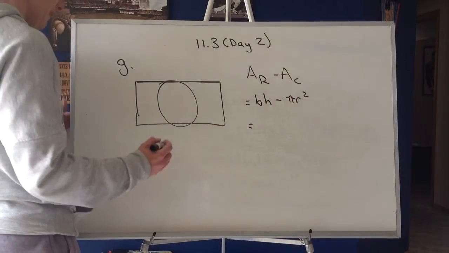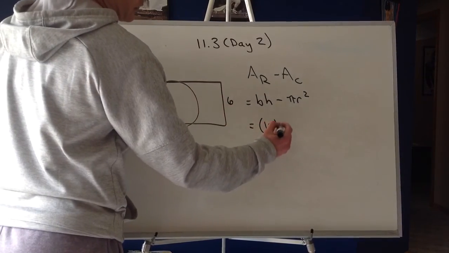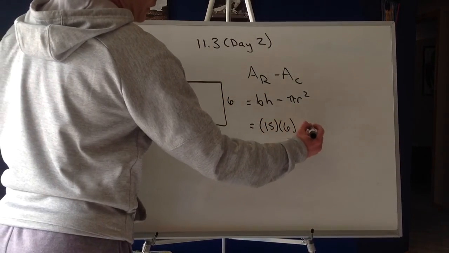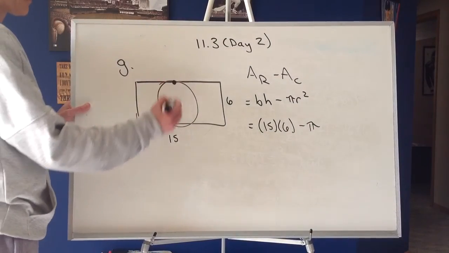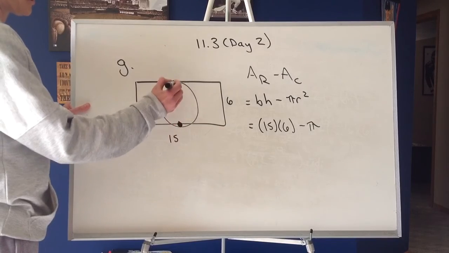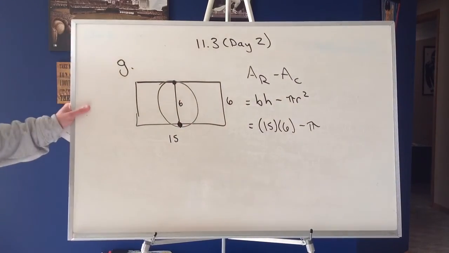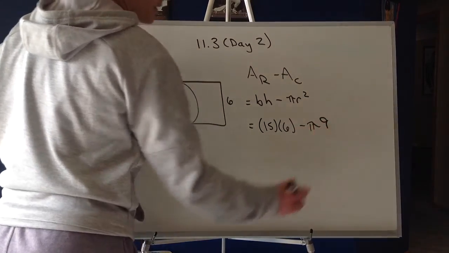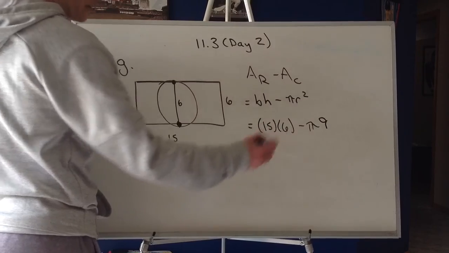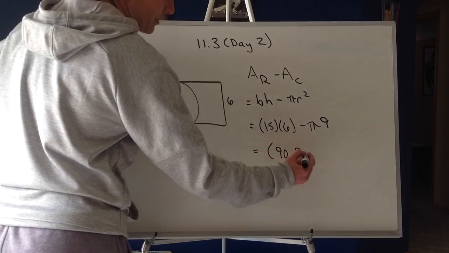So the base and height on this one that they give you are 15 and 6. You need to find the radius of the circle. You'll notice the circle fits perfectly if we go this direction. Okay, which means if that's 6, my diameter has to be 6. Okay, which would make my radius 3. 3 squared would give us 9. Do not combine those 2 together, so you'll end up with 90 minus 9